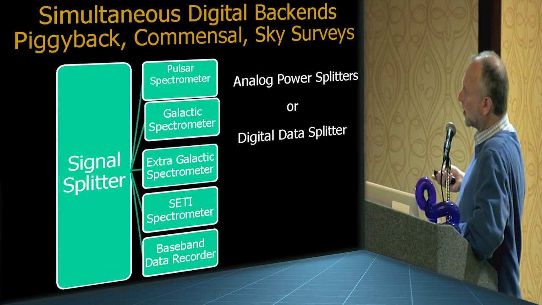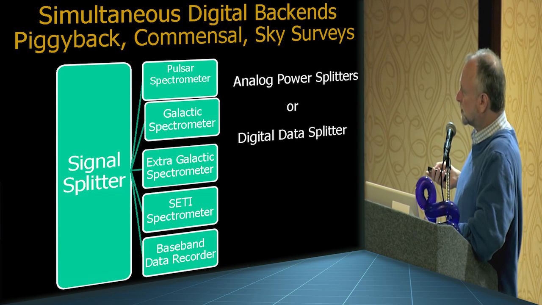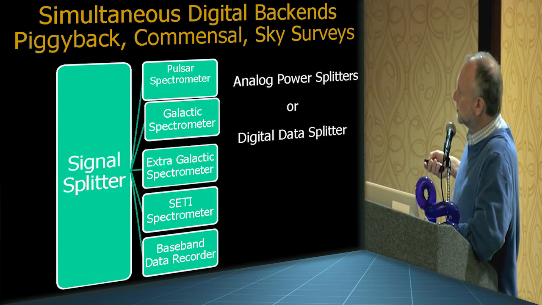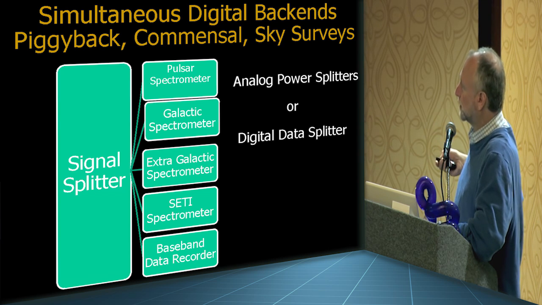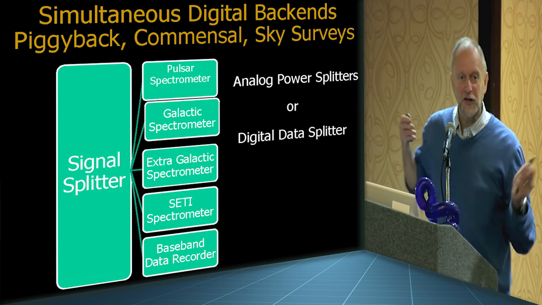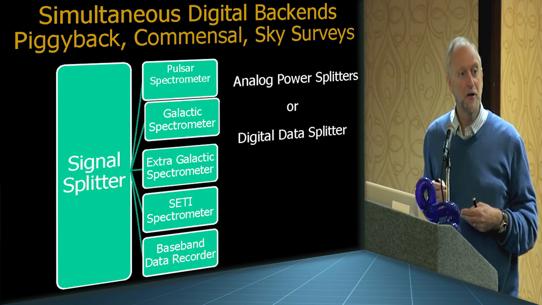The other thing we're working on, where I think networking is going to be a big deal, is how to do multiple experiments simultaneously. So we want to take the data from these telescopes and split it, perhaps with a multicast switch, into lots of different computing elements. So we can search for pulsars, we can map the galaxy, we can look for ET, we can do different experiments at once. And I think you guys are expert at this multicast stuff.